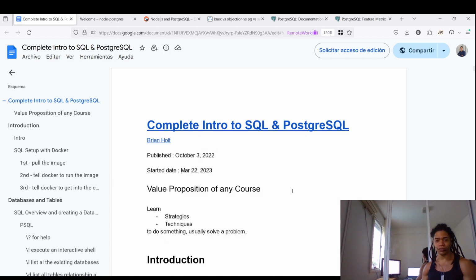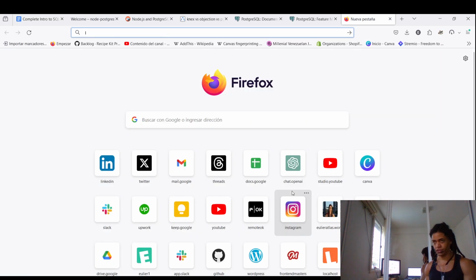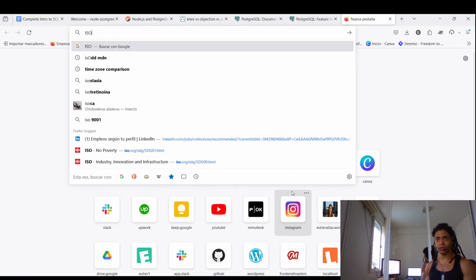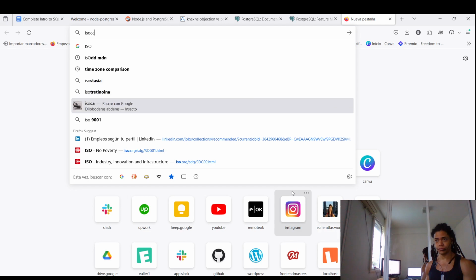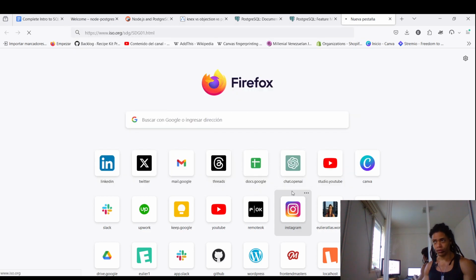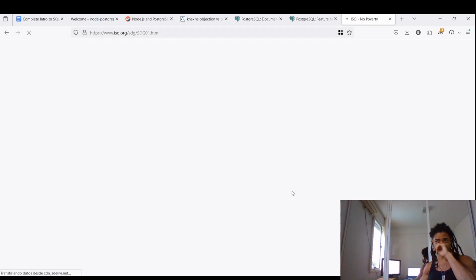The idea is to be able to articulate and describe what this database is. What is SQL? What is Postgres? What is the subtle difference between SQL and Postgres? Okay, so SQL is the standard from ISO, which is the International Organization for Standardization, where they have a variety of